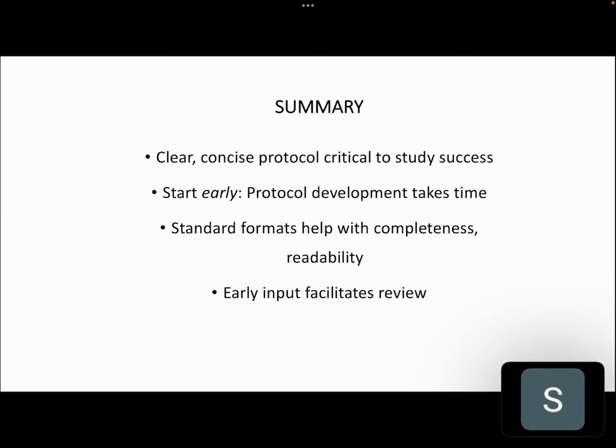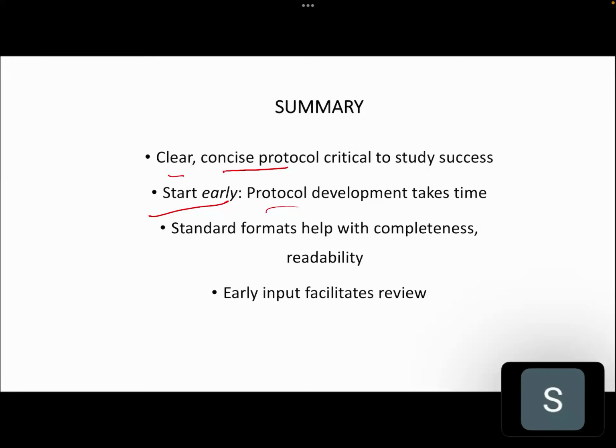So in summary, protocol should be a very clear, concise document that sets the ground for the success of your study. Suppose your planning is poor, then your execution will also be poor. Just imagine today if I was not having good slides, would I be able to deliver the session? No, because if I'm not having a slide, no matter how much I know, I won't be able to communicate with you. Start early. That's a very good tip for a protocol writing team.